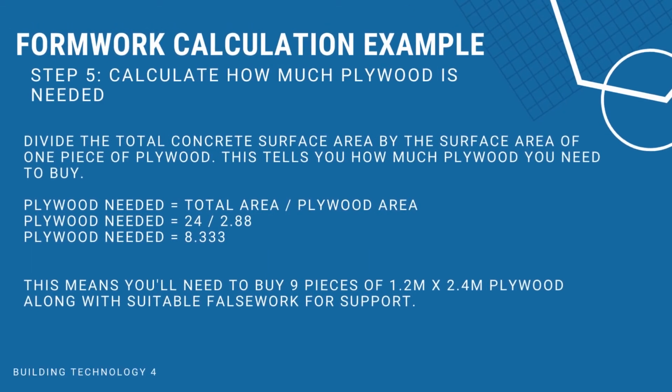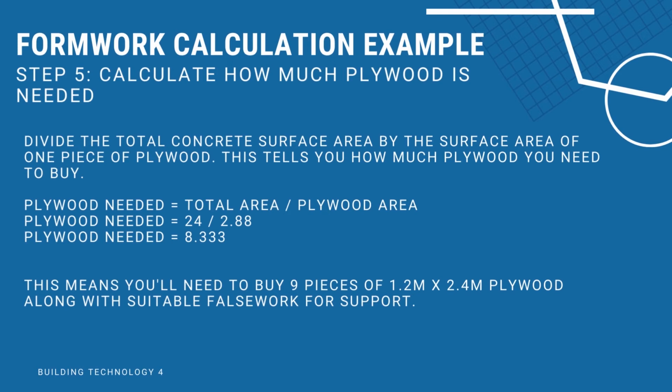Last step is to calculate how much plywood is needed. Divide the total concrete surface area by the surface area of the one piece of plywood. This tells you how much plywood you need to buy. So plywood needed equals total area divided by the plywood area. So the plywood needed equals 24, which is the total area, divided by 2.88, the plywood area. So the plywood needed equals 8.3. So this means you will need to buy 9 pieces of 1.2 by 2.4 meters plywood along with suitable falsework